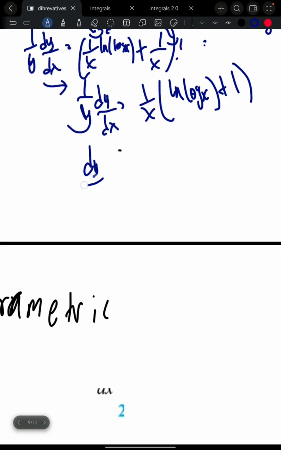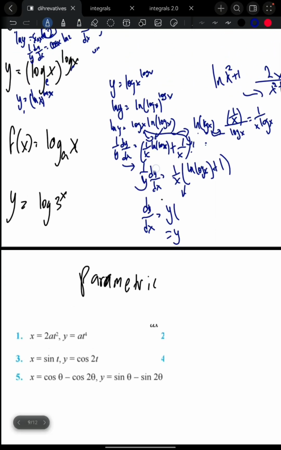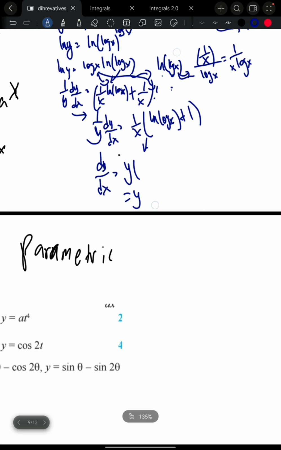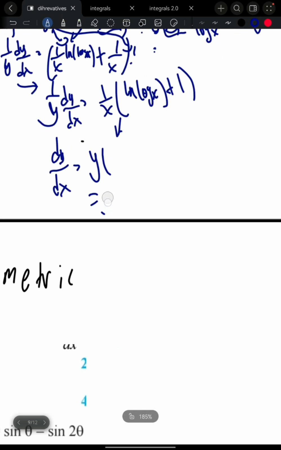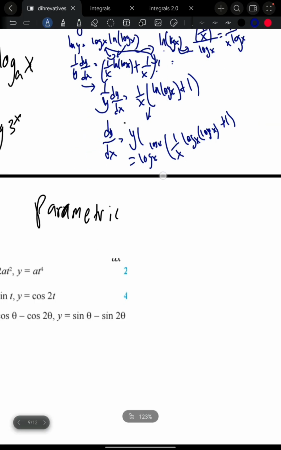So you get dy by dx is equal to y times all of that, and we said y is just log x to the log x, so this is just going to be log x to the log x times (1 over x)... You know what, instead of ln, let me just write it as log x because it looks cooler. Log x to the log x, times (log x plus 1). Yeah, I think that's the answer. Anyways,